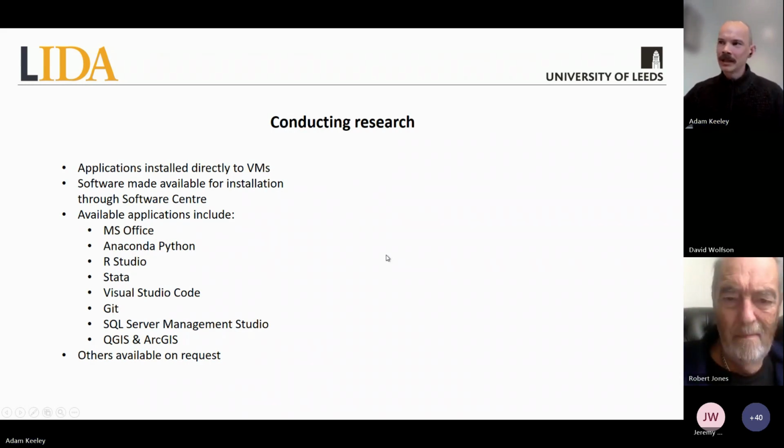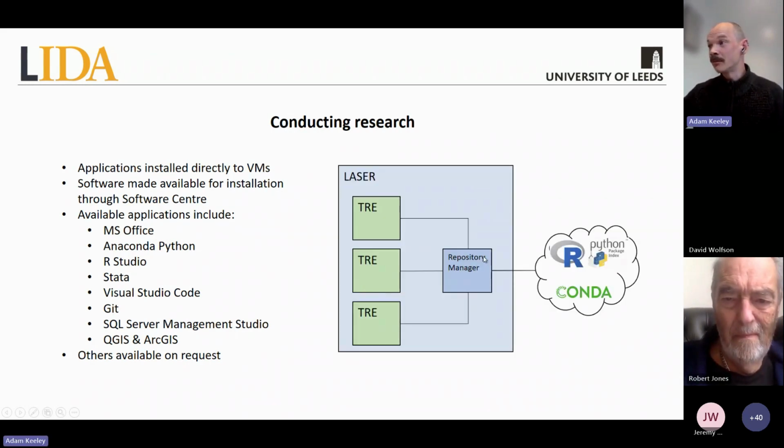So how we solved that problem was with a piece of middleware, air-gapped middleware, a repository manager that handles those connections. So the TRE environments can be set up so that rather than pointing, for example, directly to Conda repositories, they'll point to this repository manager, and then that points to Conda. So once it's set up, it's a one-time thing. It functions just as it would with an internet-connected device. Conda install package, pip install package, and